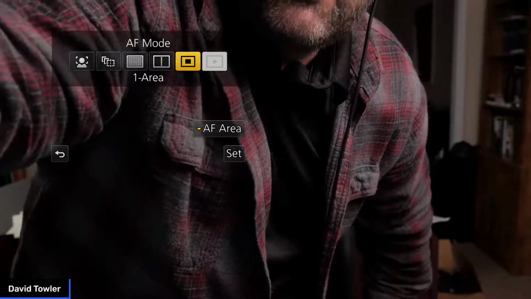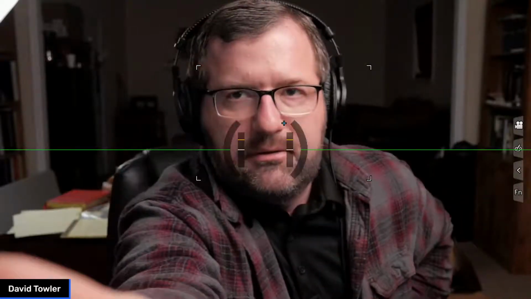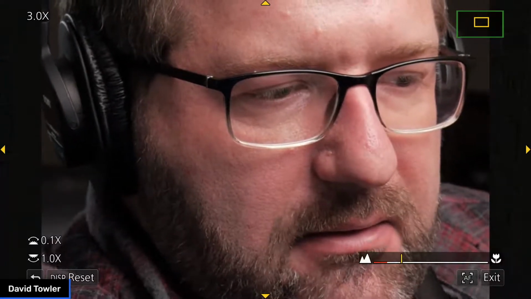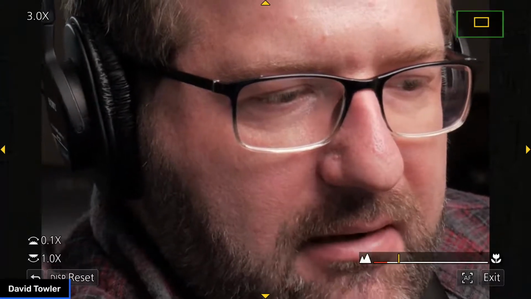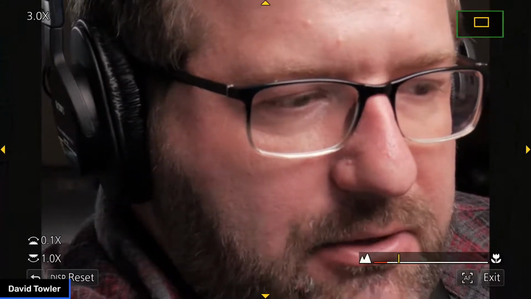All right, here are my options. I'm going to pick, actually, if I can go into manual focus, and I'm going to try that. So with manual focus, you'll see it's going to zoom in on me. Look at that close up, that handsome. What I need to do is focus in like that. That is a major close up. I apologize for that. I just ruined 2021 for you. But I want to make sure I'm in focus. So once I do that, I hit exit and I'm in focus. That's manual focus.